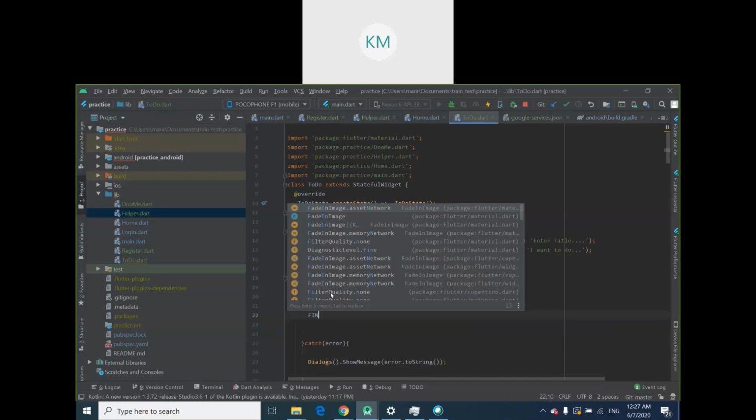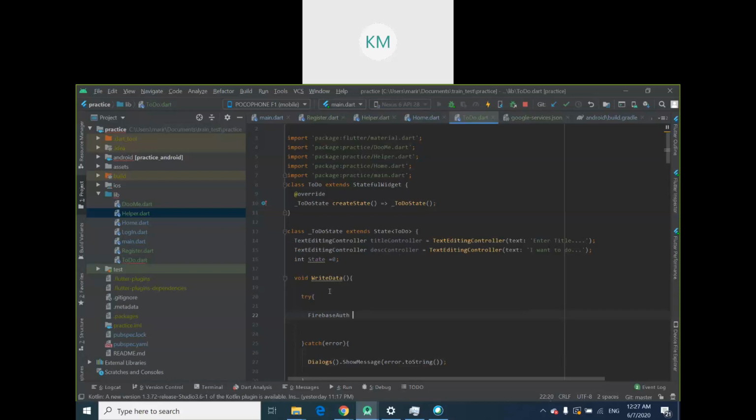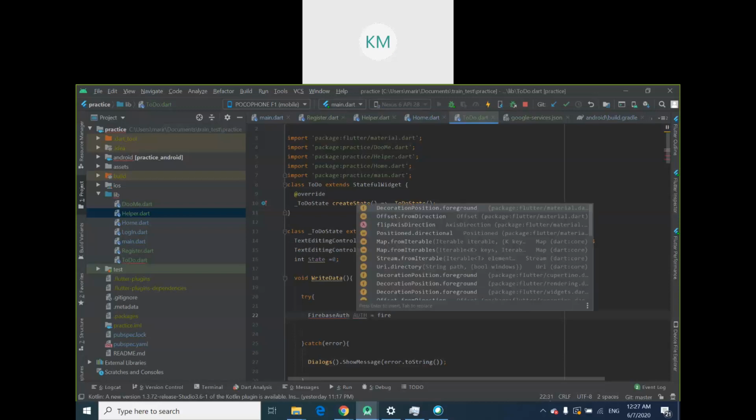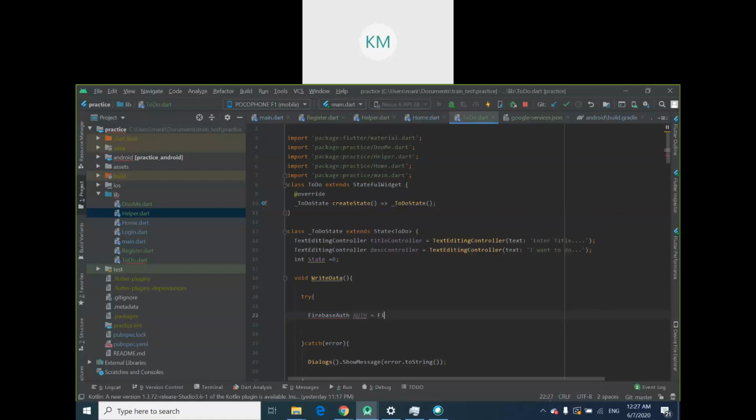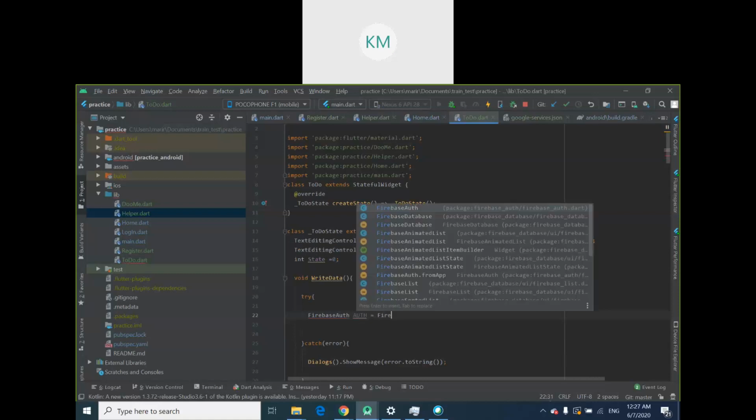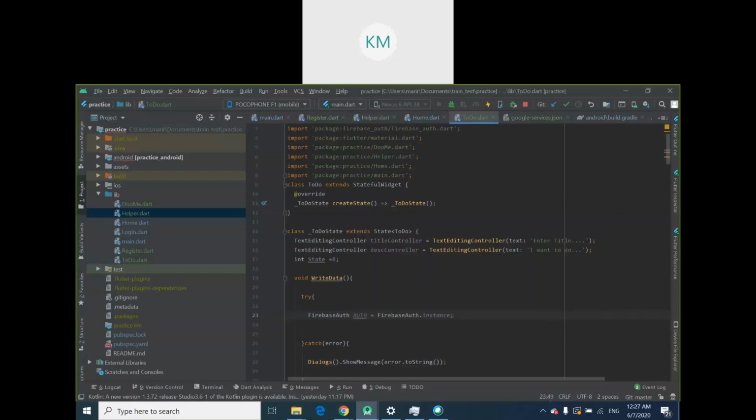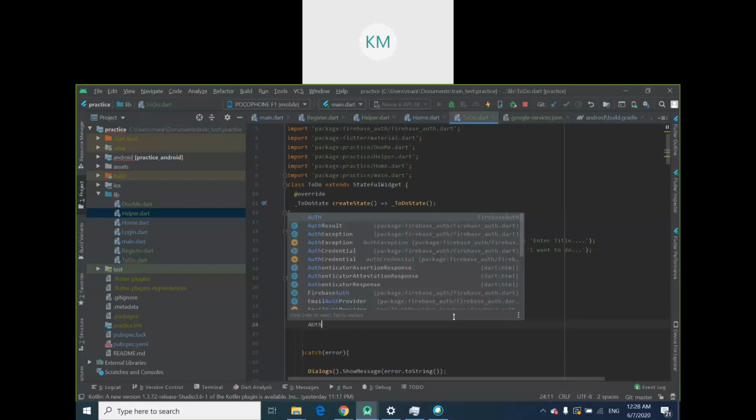Okay. And then what we're going to do is declare the Firebase authentication. We're going to call it auth. We're going to instantiate it. So it has to be big letters and dot instance. Okay, thereafter, I'm going to use my auth to get